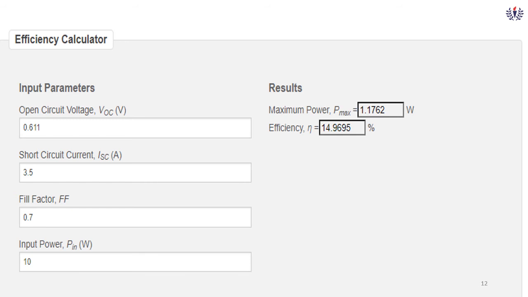So in this video we have discussed how to do the datasheet study for the PV cell. Different types of solar PV modules are given, and from those we can obtain the values of VMP, IMP, VOC, ISC, cell efficiency, fill factor and module efficiency. Apart from that, the temperature coefficients for voltage, current and power, that is alpha V, alpha I and alpha P, can also be obtained from the datasheet.